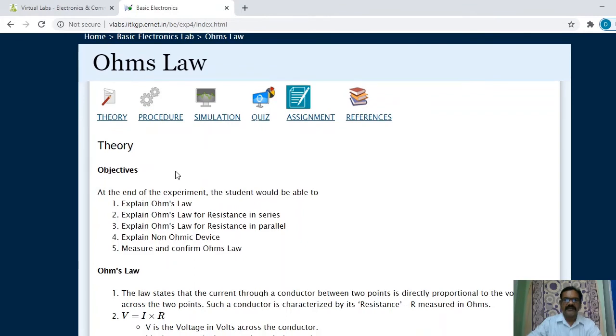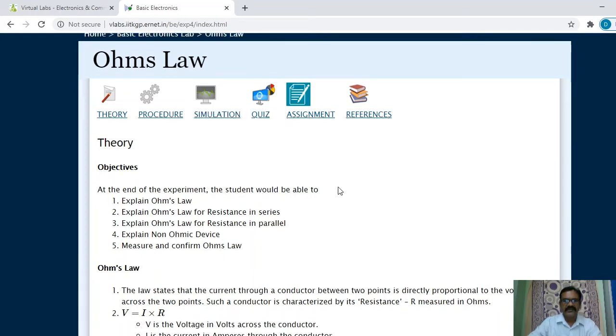For each experiment, a theory is provided. It is again divided into a number of subparts: theory, procedure, simulation, quiz, assignment, and references. We will ask the students to read the theory before doing the experiment, before doing the simulations.